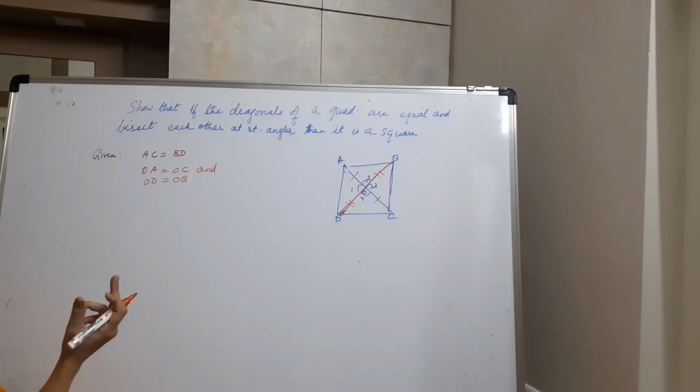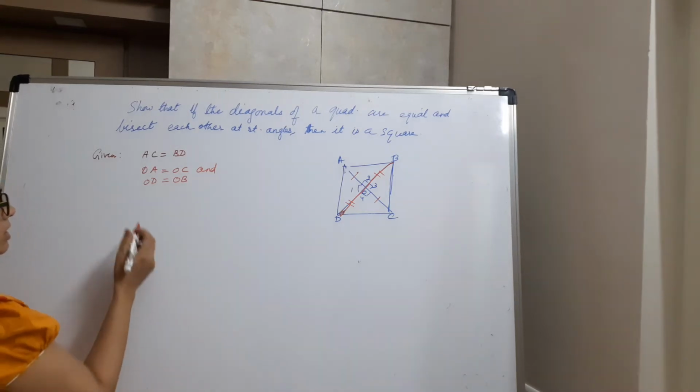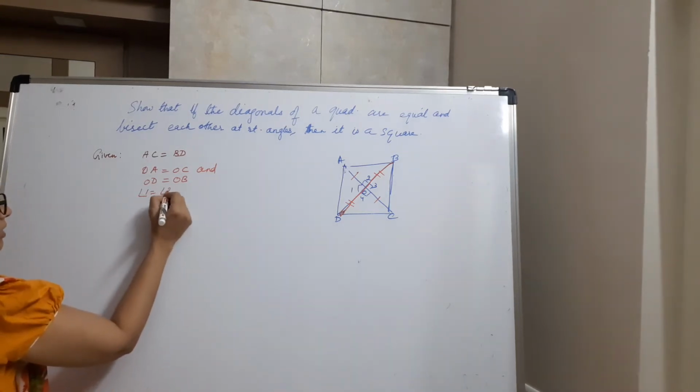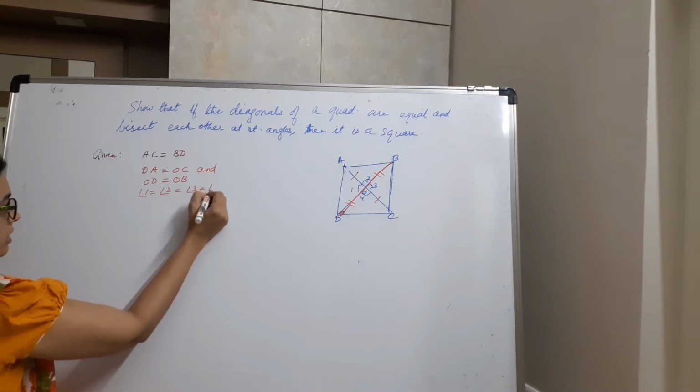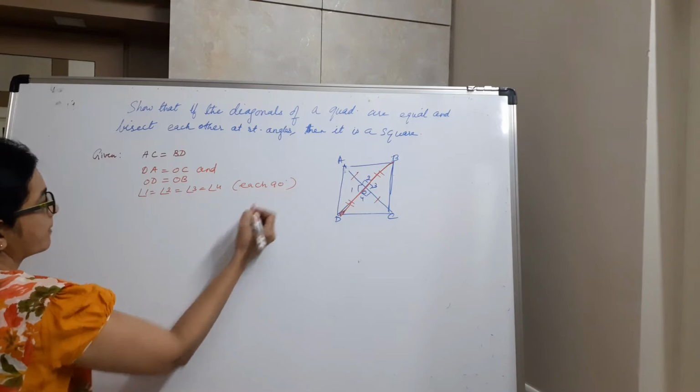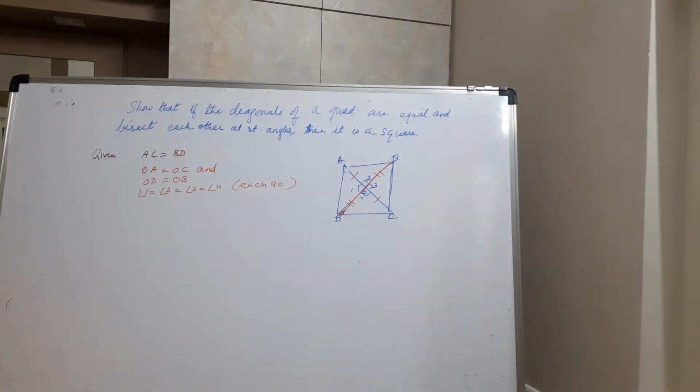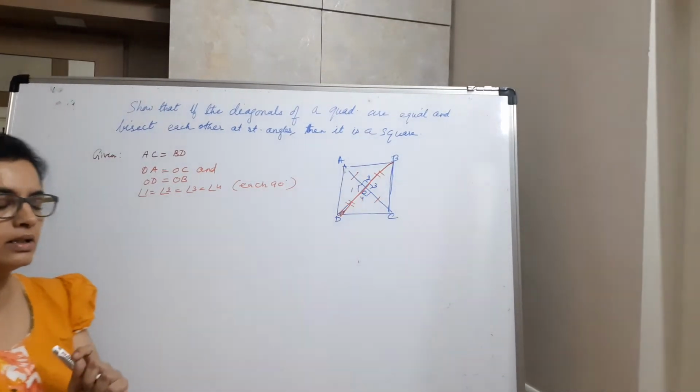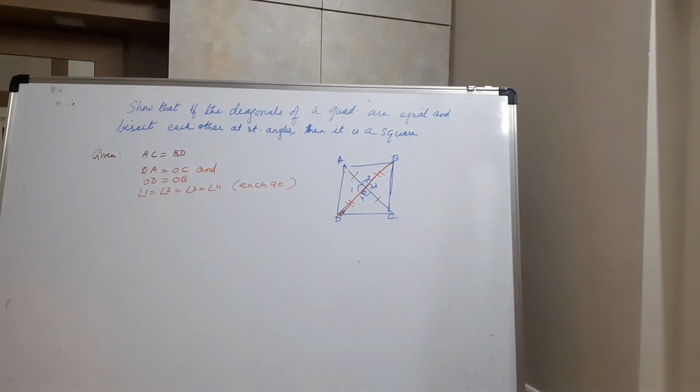The diagonals are bisecting each other, and at right angles. It means angle 1 is equal to angle 2 is equal to angle 3, and these four are 90 degrees. This is called bisecting at right angles. When do diagonals bisect at right angles? This is a special case of one parallelogram. Which parallelogram? Only in one special case does it happen.